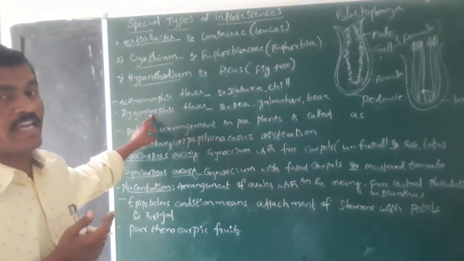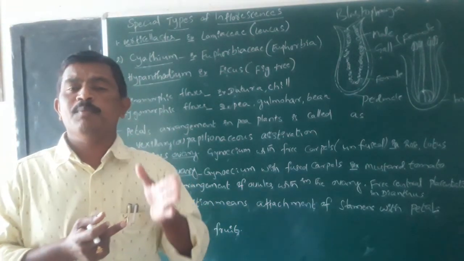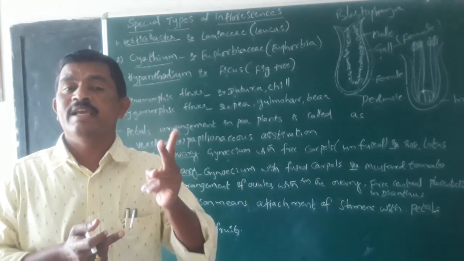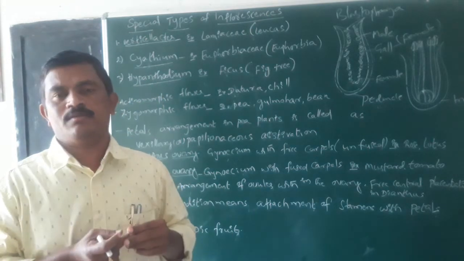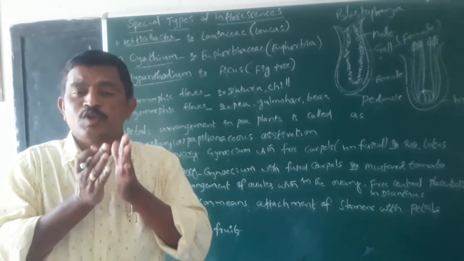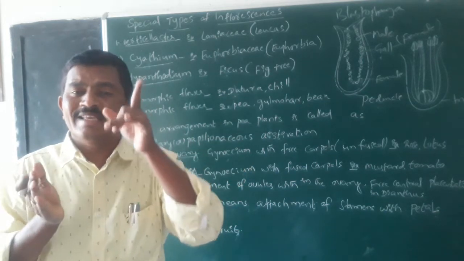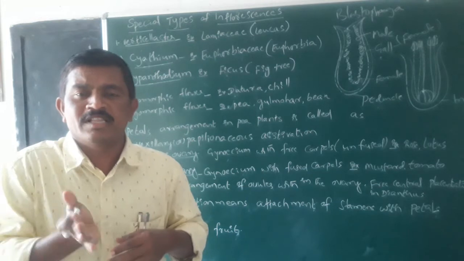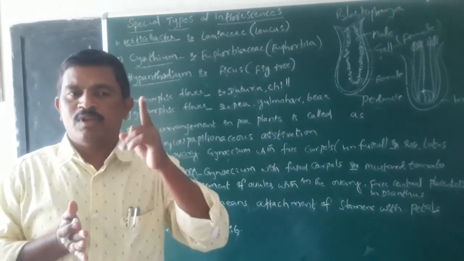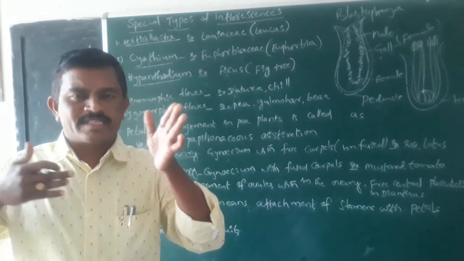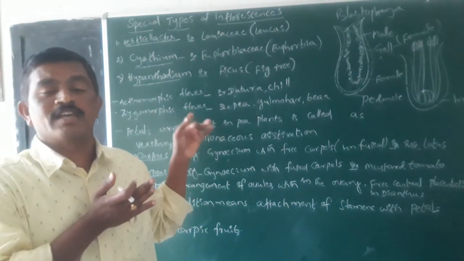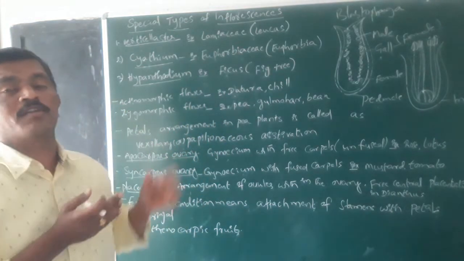In the case of zygomorphic flowers, these flowers allow us to cut into two equal halves in a single plane only. You may not divide these flowers into two equal halves from all directions. Only from a single plane can you make them into two equal halves. Such types of flowers are called zygomorphic flowers.